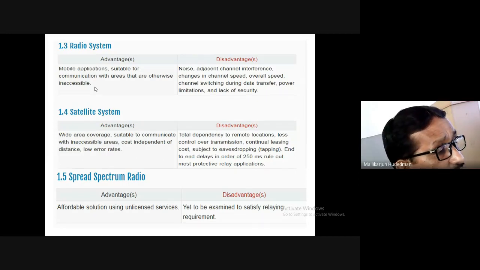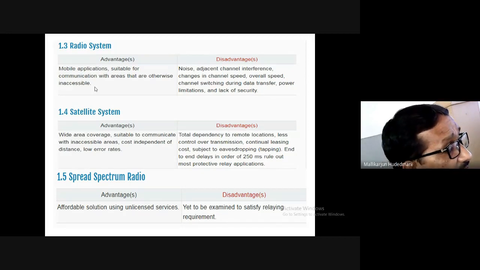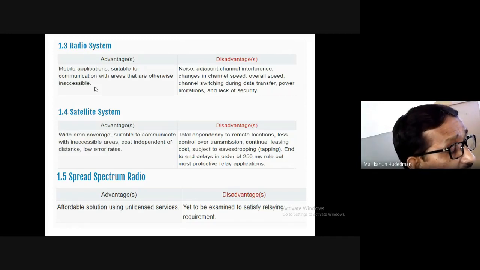And these are the other associated warnings for that, but costlier. Third, spectrum radio, an affordable solution using an unlicensed link. Which I was speaking about in the radio system earlier. Here is a small deviation from that. Here you are permitted to access a range below the licensed version.